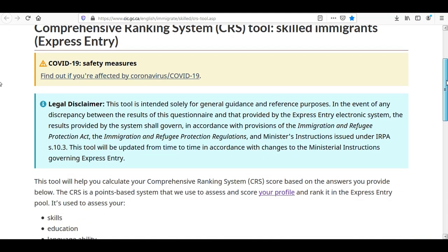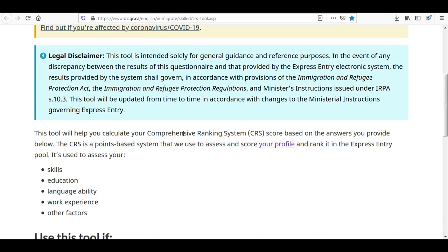Basically, this tool will help you find out your CRS score based on the answers that you provide. It is a point-based system which is used to assess and score your profile, and based on the score the rank will be given in the Express Entry pool.